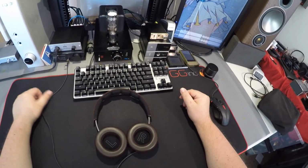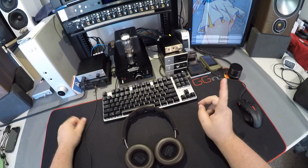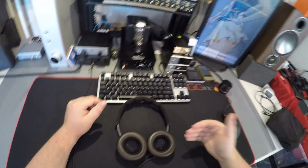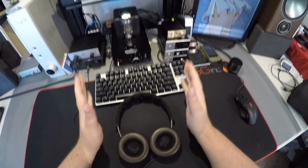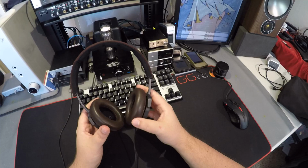How about the HiFiMan Edition S? Well, those are open, so they're a slightly different category. But those also don't have the craziest low end. Those are very neutral. I like those for exactly what they sound like. They are just neutral and wide. These are not wide, but